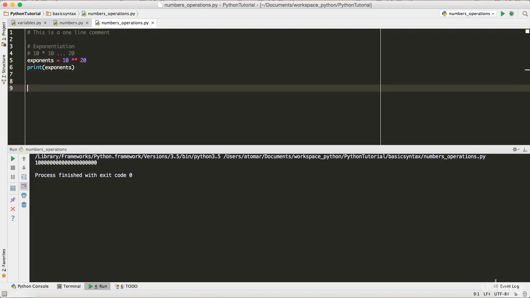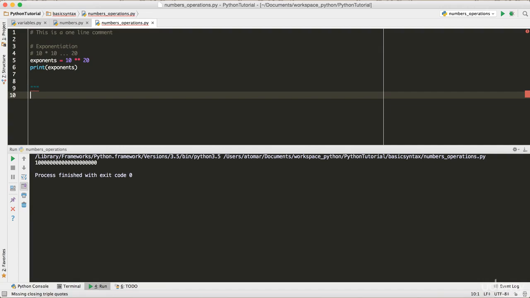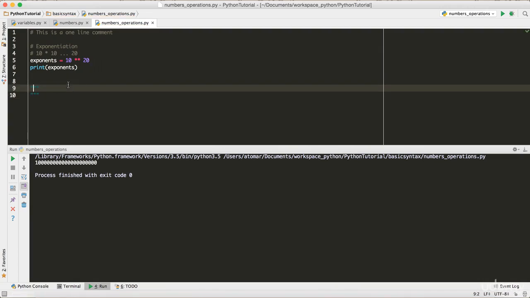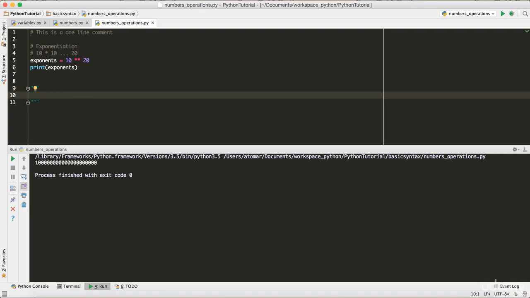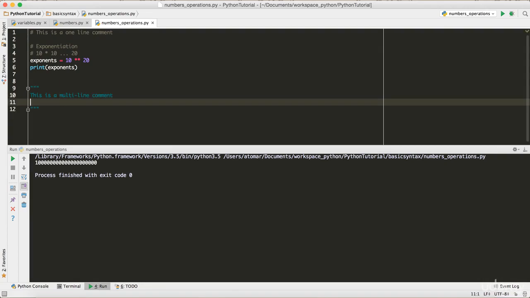So that's pretty cool. Let's do one more thing, and I'm going to show you one more way to comment things. Triple quotes I'm going to provide, and one more triple quotes. Anything I type between these triple quotes is going to be a comment. So I'm going to say this is a multi-line comment, and what I'm going to show here is modulus or modulo, you can say.